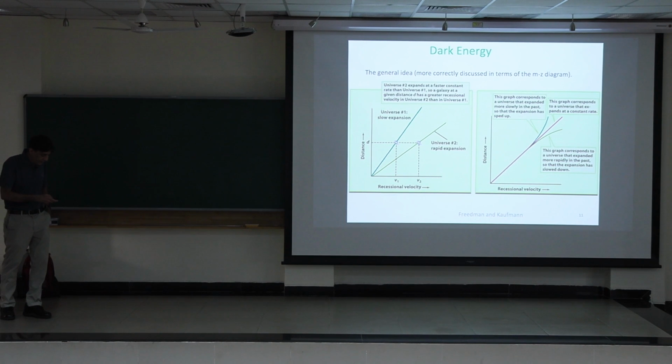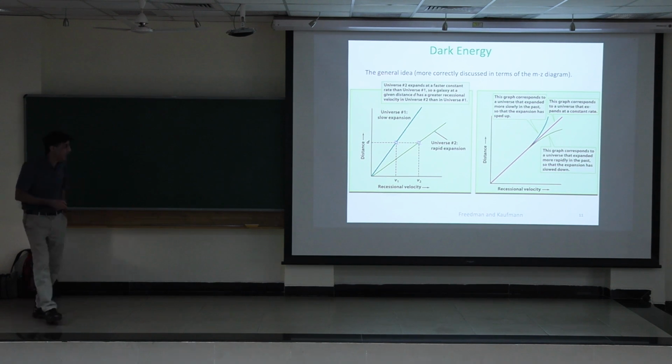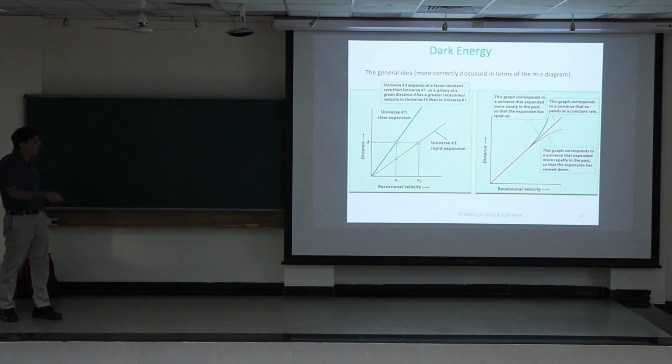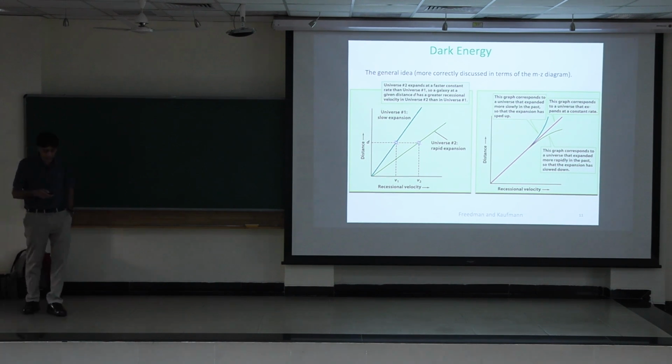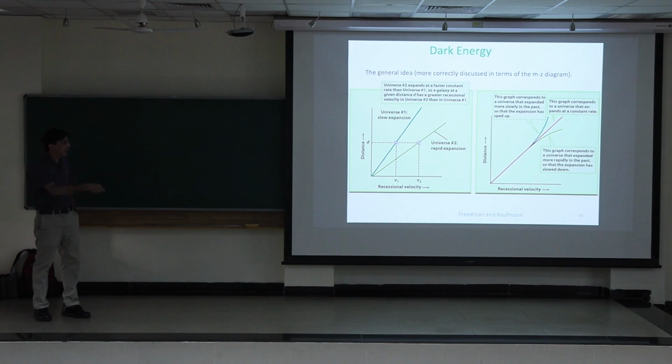So let's see why people think there's dark energy, and the simplest thing is shown in these cartoons. You can look at the Hubble law in two different universes, one that expands more slowly and the other that expands more rapidly. If you look at a galaxy at a distance d in each of these universes, in the blue universe it's going to be moving away from us slower than it would be in the green universe. And as you go to further and further distances, you're looking at what was happening at earlier and earlier times. And so there's three possibilities.